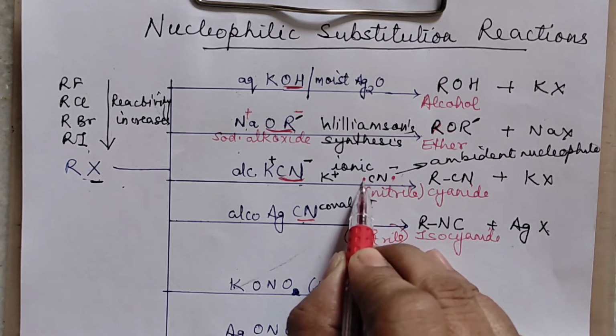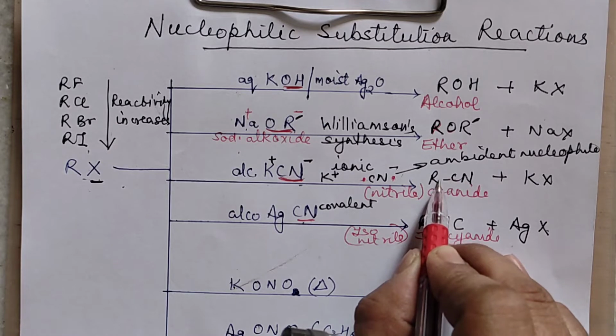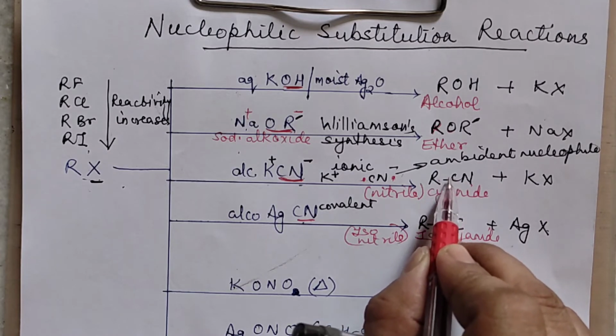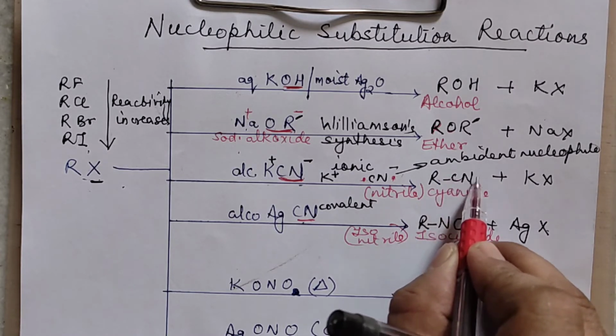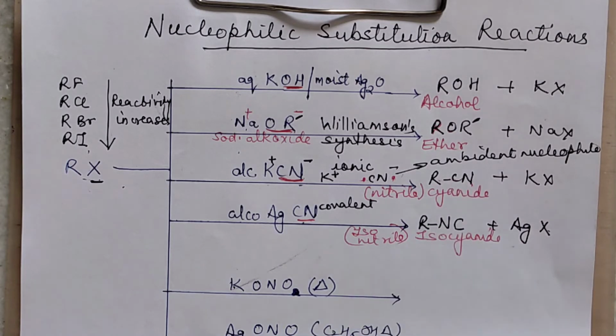It has two different points of attachment, but it prefers getting attached through carbon, because then it forms a bond with carbon. A carbon-carbon bond is stronger than a carbon-nitrogen bond. If it had linked through nitrogen, the bond would have been weaker. So since the carbon-carbon bond is stronger, it prefers getting attached through carbon, not nitrogen. So this is the answer you are going to write.